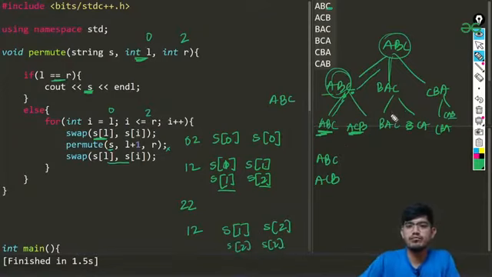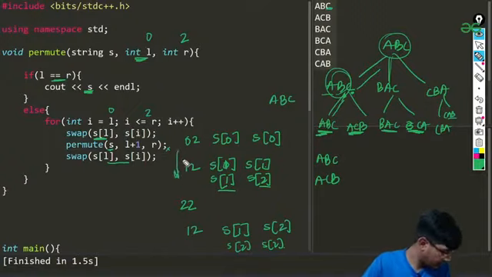That is how it forms BAC, and then it forms BCA. In this way it will be running all the loops and forming all the permutations. So I hope that was clear to all of you.